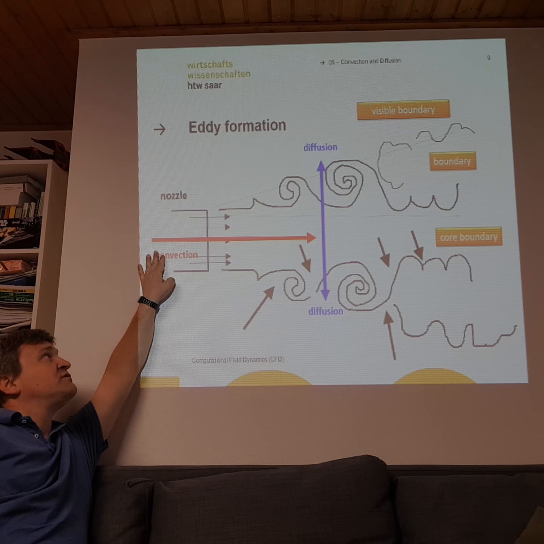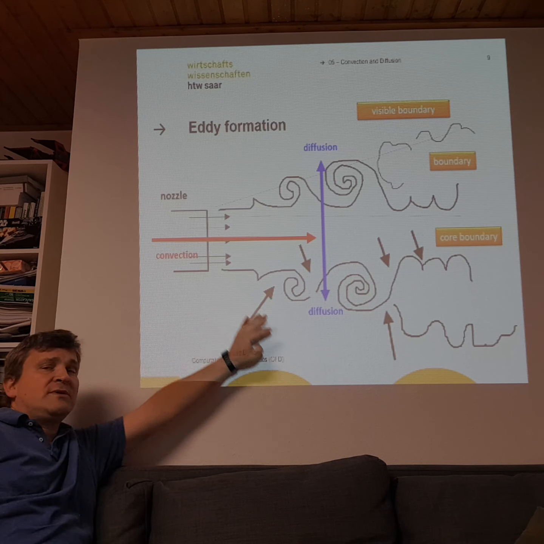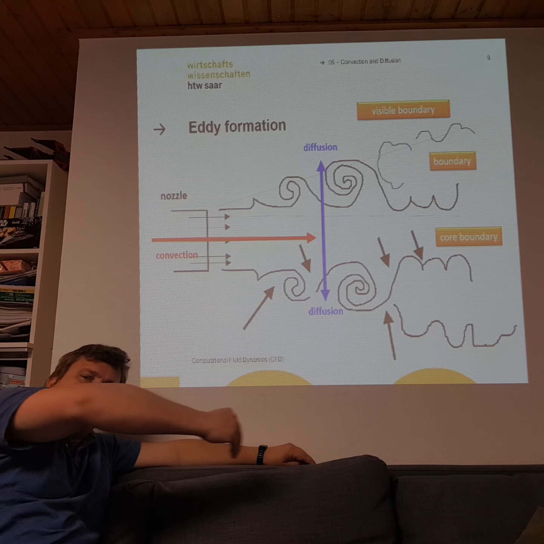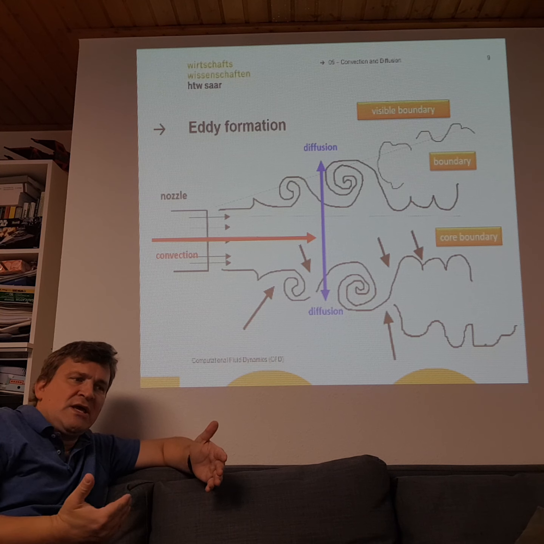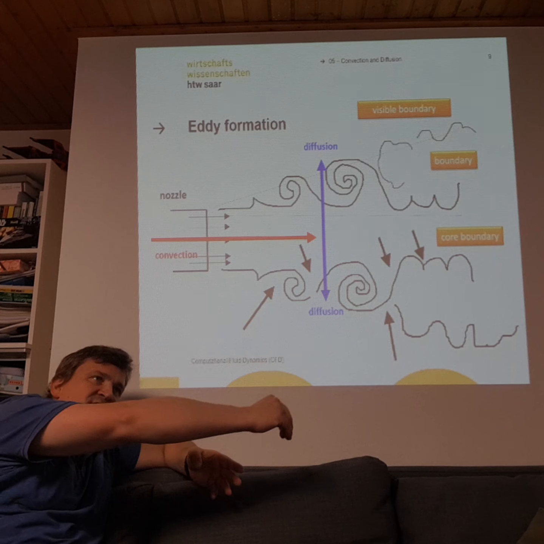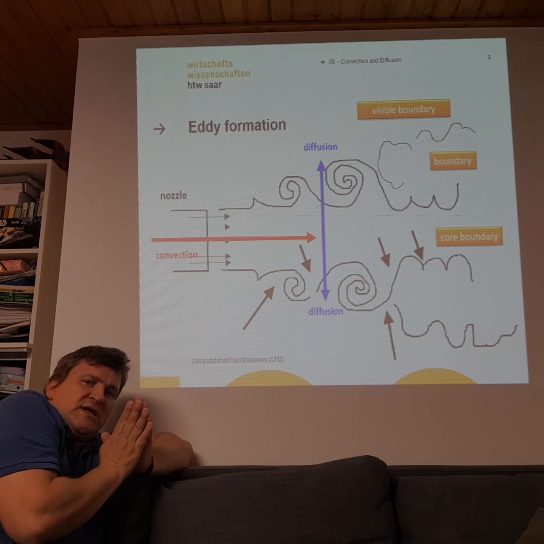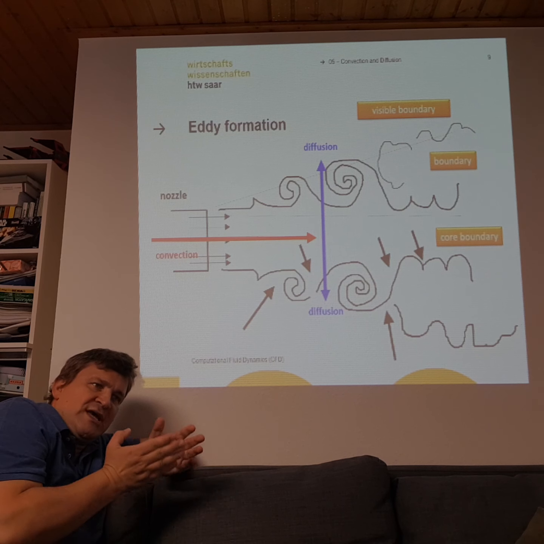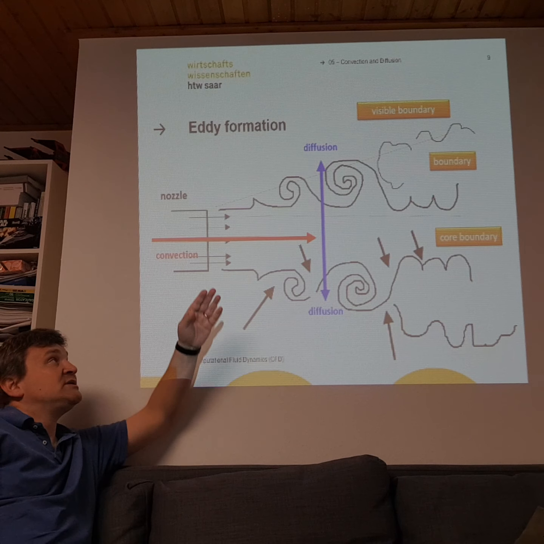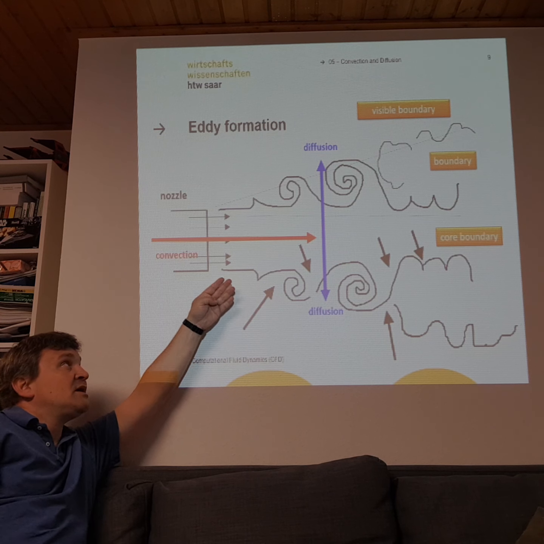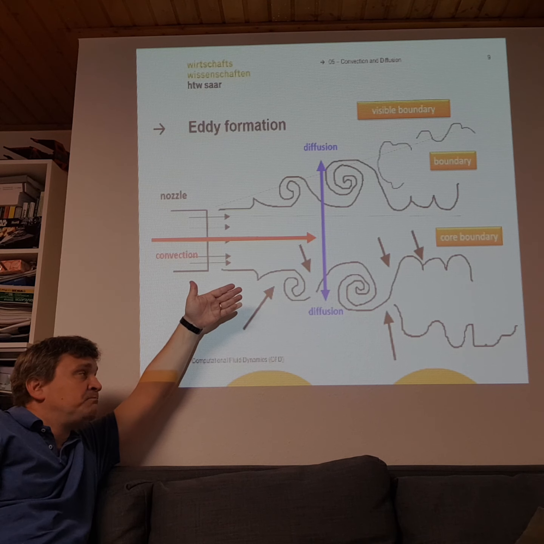We have a kind of convective flow. Convective flow is always the flow in the direction of the jet. If you imagine we have an airplane turbine, and if we have a jet after this turbine, this is a convective flow. But as you can imagine, jets in nature will always have so-called diffusive flow, and the diffusive flow is always in the